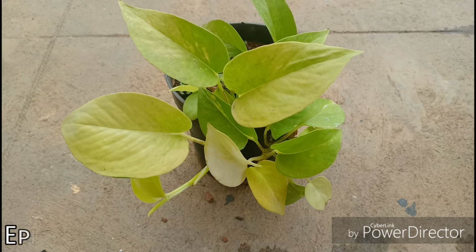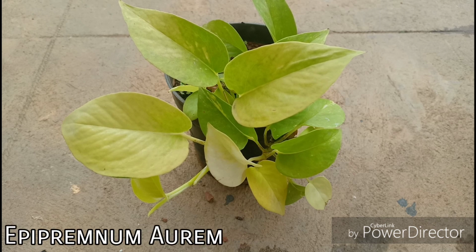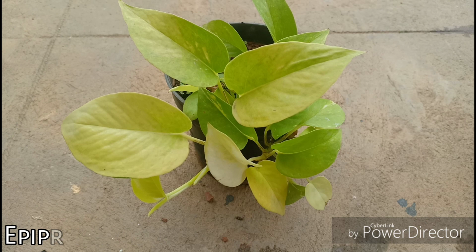The scientific name of this plant is the Epipremnum aureum. So in this episode, we will be looking at repotting this neon pothos. The best part about this pothos is that you don't see much variations. It looks like it has a symmetric chartreuse color